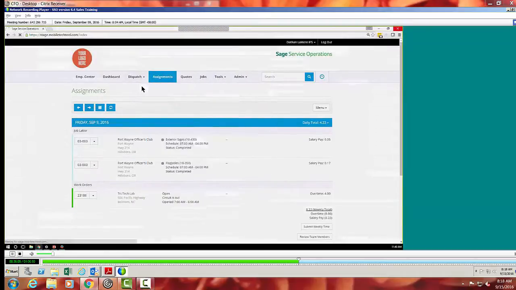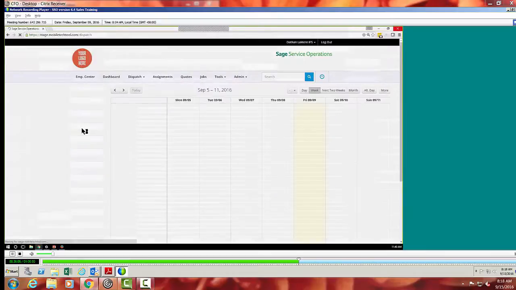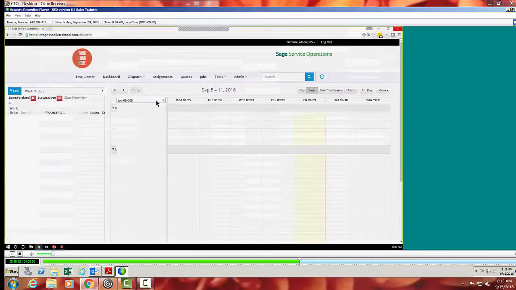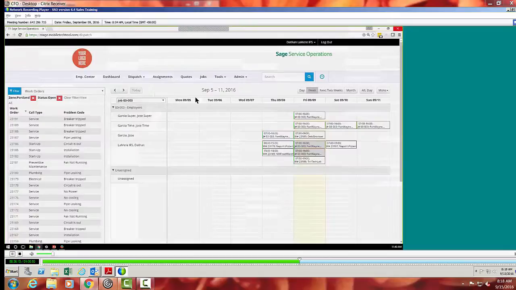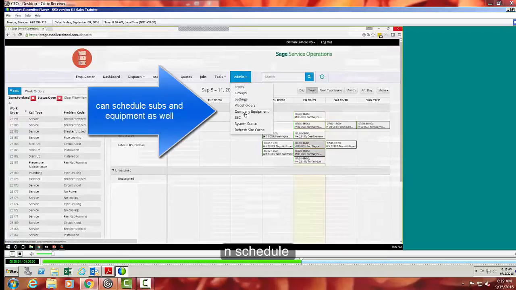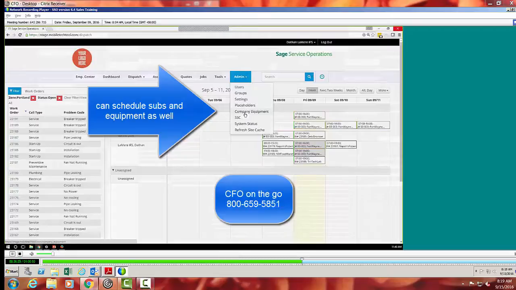Okay? All right, so let's go back over here to the scheduler. I talked about equipment and how you can schedule resources against equipment. Let me just quickly show you where you set that up. Company equipment. So here's where, in the 300 product, you're going to be required to set up and manage that equipment in SSO. In 100, that